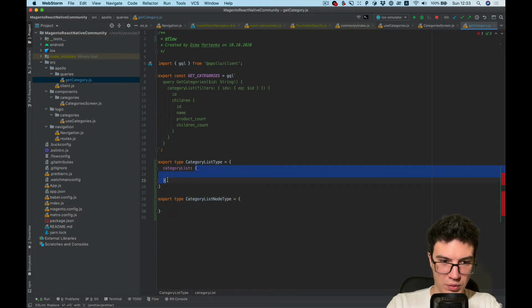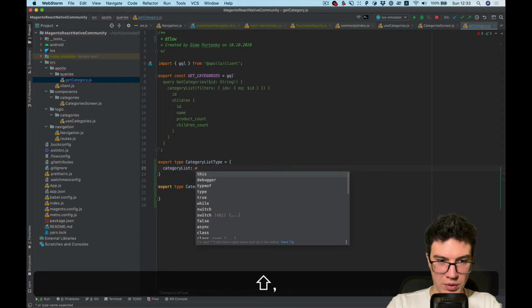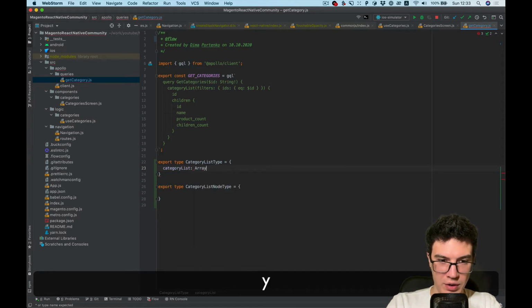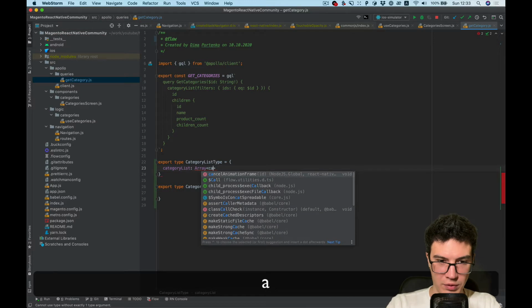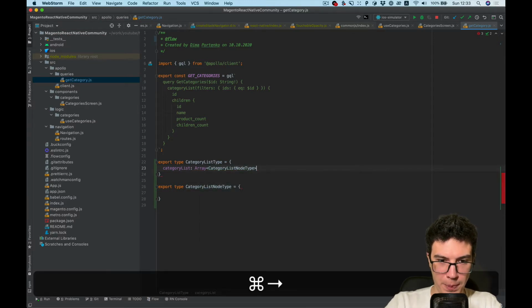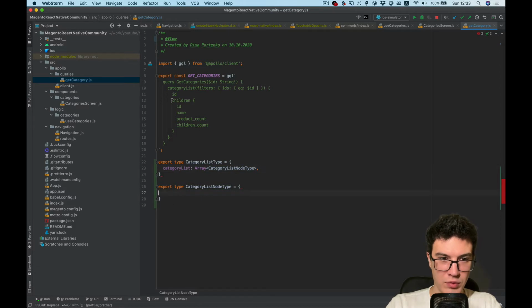And category list will be an array of category list not type, which is